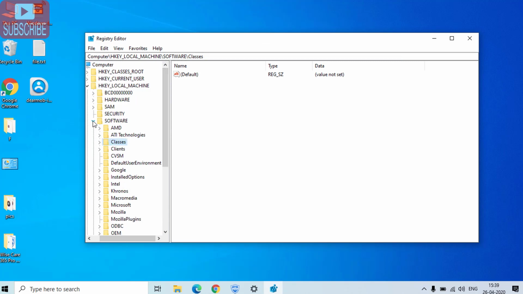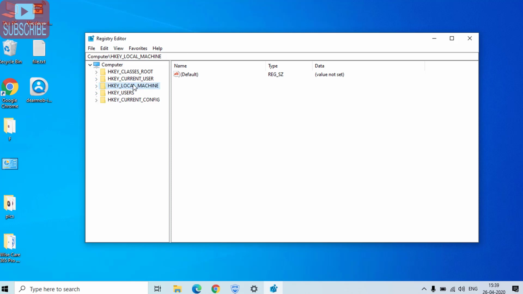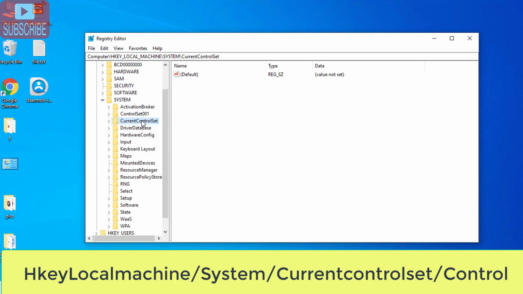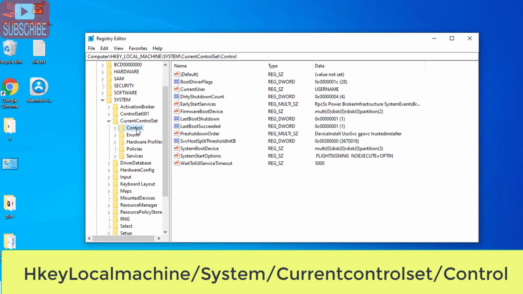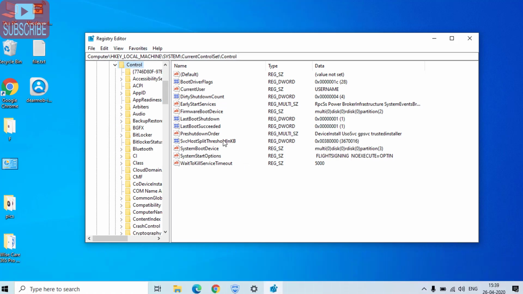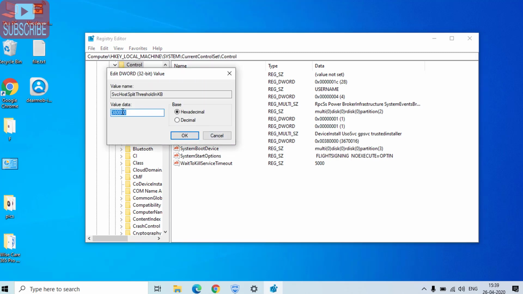In the Registry Editor, you need to go to HKEY_LOCAL_MACHINE, expand it and choose SYSTEM, again expand it and choose CurrentControlSet, expand it and choose Control, expand it, and in Control you will find an entry known as SvcHostSplitThresholdInKB. Double click on it and change the value which is showing.